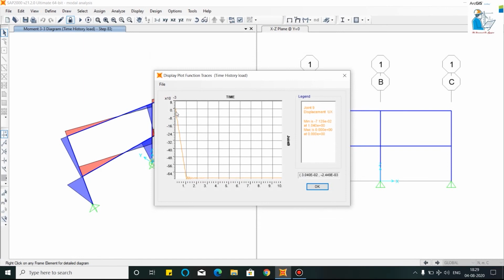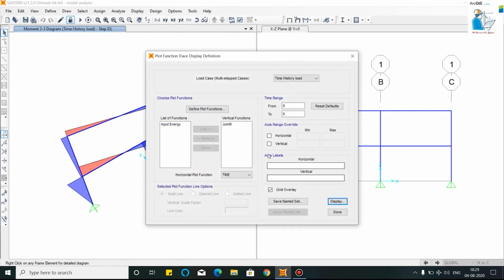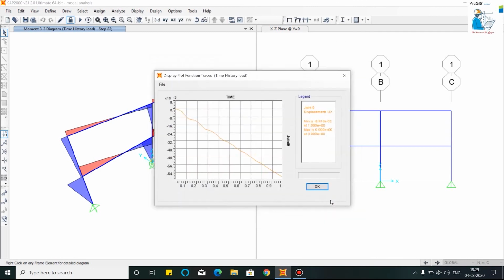Display, as you can see, this is the displacement from time 0 to 1 second, and this is the horizontal plot function, time. Click on OK. This is your displacement.